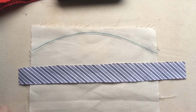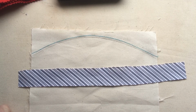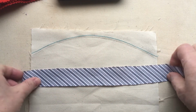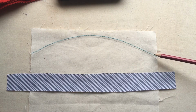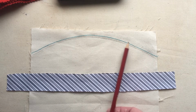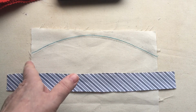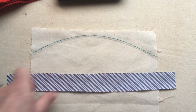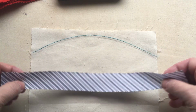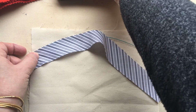Right, so we're going to bias bind around a curved edge this time. If you just draw yourself a soft curve with the pencil, just use your hand and sweep it around. And it's a good idea to do a stay stitch, just two or three millimeters into your seam allowance. When you cut something on a curve, it becomes stretchy because these areas are on the bias. So if you do the stay stitch, it stabilizes it. And then get your bias binding piece and go just the other side of that stay stitch,